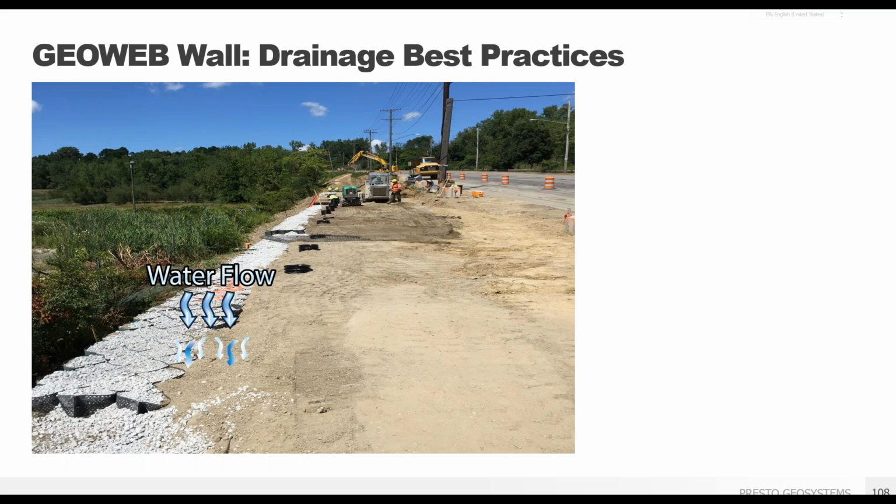Using a clean aggregate and other good drainable soils as the infill and backfill can also help with drainage concerns. If you know there's a place for water to flow, such as the groundwater system or a nearby lower elevation creek, allowing the water to drain straight through the GeoWeb wall is an option. The material used in the construction of the wall will have to be sized for the task, so using an aggregate mix with low fines content is always a good choice. Sandy soil mixes are also good for drainage. You want to avoid using clay or silty soils, which will impede drainage and cause pressure buildup behind your GeoWeb walls.